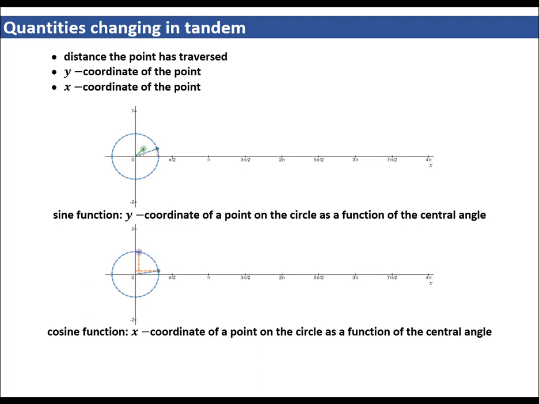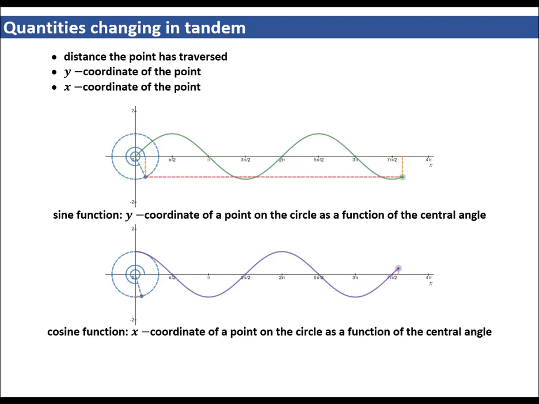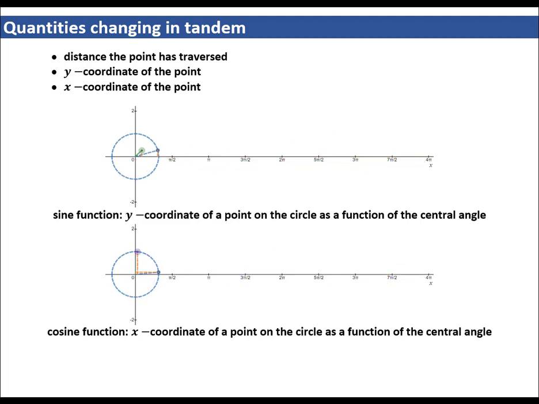As a point traverses the unit circle, three quantities change in tandem: the distance the point has traversed, the y-coordinate of the point, and the x-coordinate of the point. Through radian measure, we can identify the distance the point has traveled with the measure of a central angle, and thus think of the y-coordinate and x-coordinate of a point on the circle as each being a function of the central angle. These perspectives lead us directly to the definitions of two of the most important functions in mathematics, the